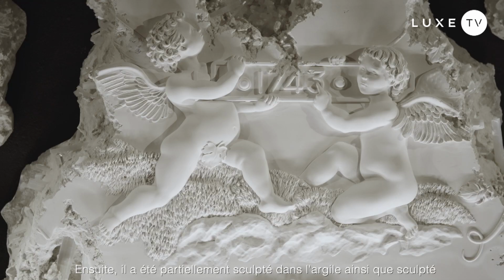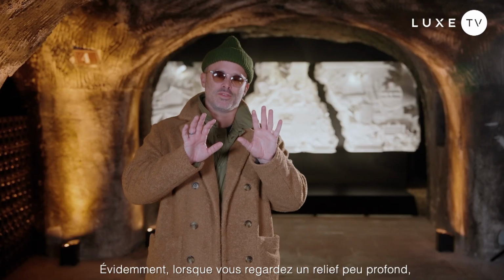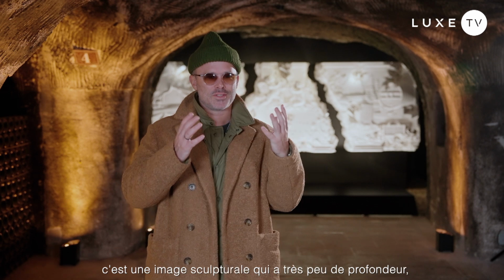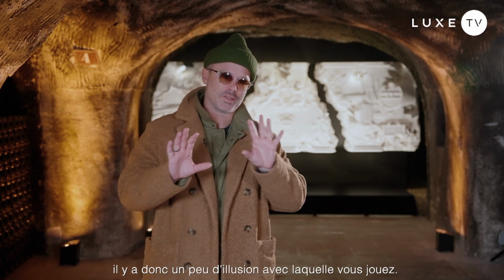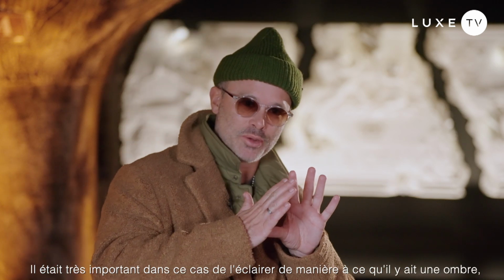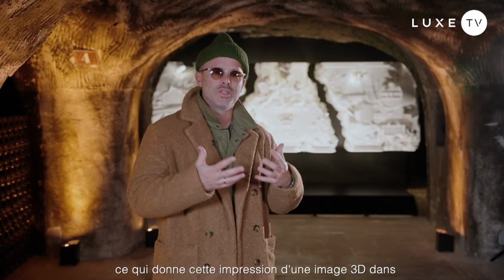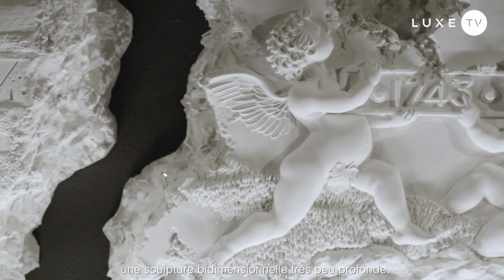Then it was partially sculpted in clay, as well as digitally sculpted in 3D. Obviously, when you look at a shallow relief, it's a sculptural image that has very little depth. So there's a bit of illusion, right, that you're playing with. It was very important in this case to light it so that there's a shadow, right? Gives the creation of this feeling of a 3D image in a very shallow two-dimensional